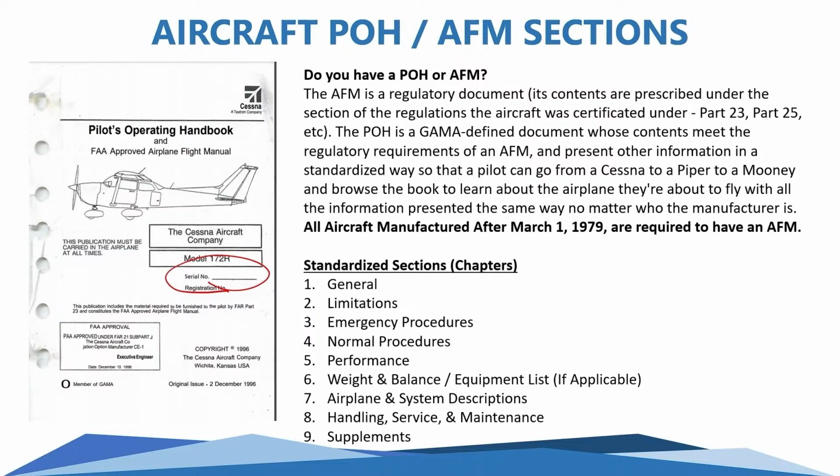Then the airplane and systems description. This would be how all of the different systems actually operate in your aircraft, whether it is the electrical system or your flaps or anything else. Handling, service and maintenance information is section 8. This is all of your information in regard to maintenance-type things, anything that's really special about your aircraft that you need to be aware of, potentially as an owner. And then the last section,